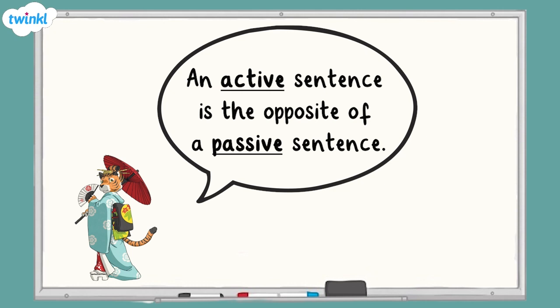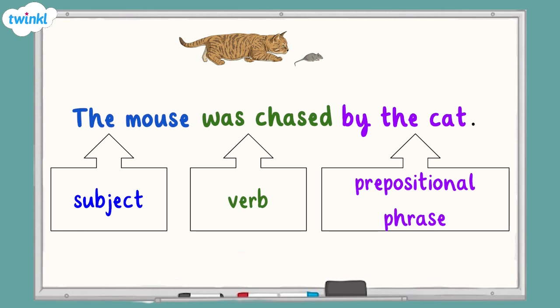In a passive sentence, the verb is happening to the subject. A form of the verb to be and a past participle of the main verb are used, and the sentence often ends in a prepositional phrase that begins with by. For example, the mouse was chased by the cat is a passive sentence because the verb was chased is happening